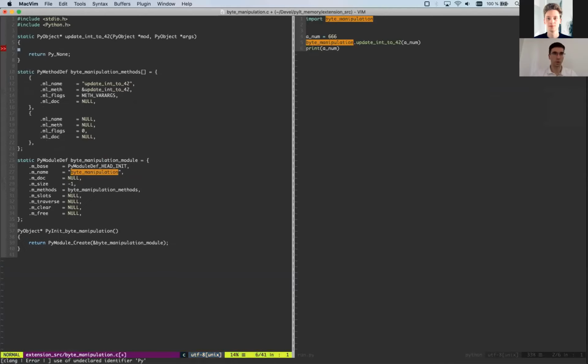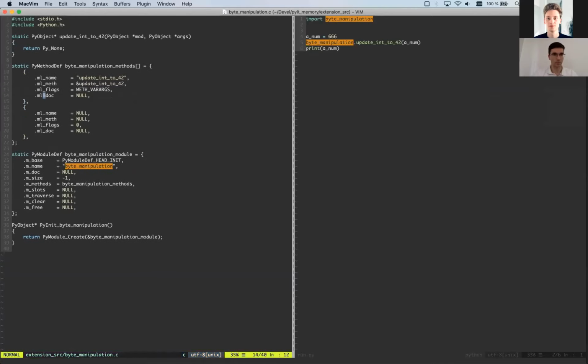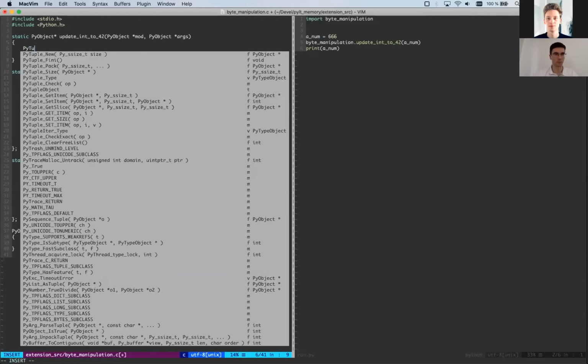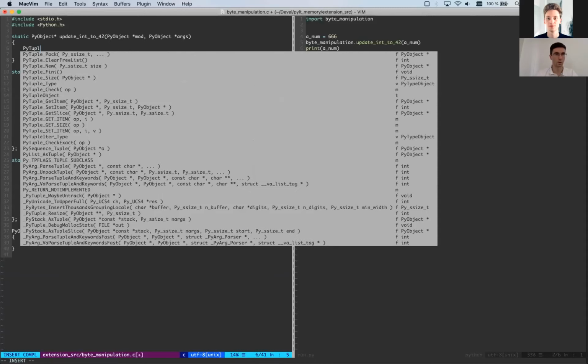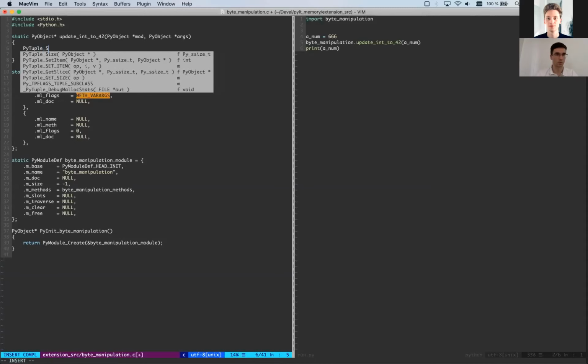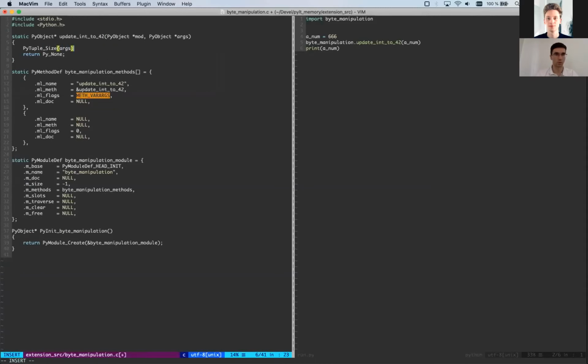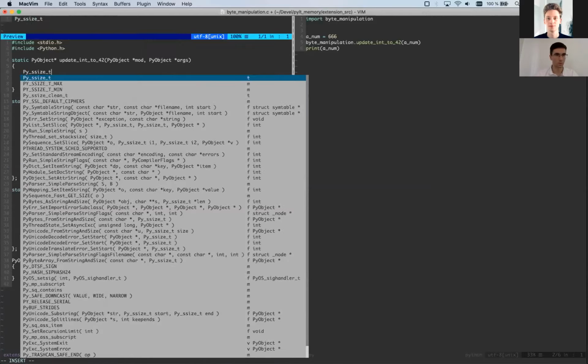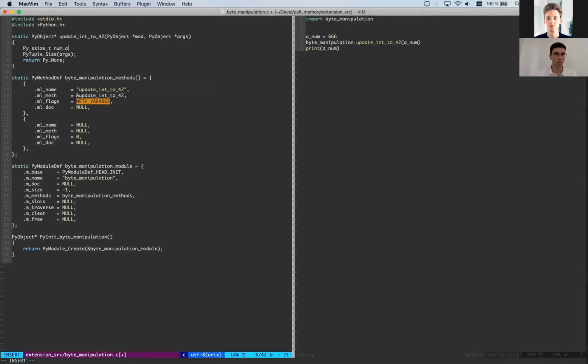So since I passed METH_VARARGS as the flags for this method, args is just a tuple. I know that it's a tuple, so I can actually ask for the size of the tuple. I think it's PyTuple_Size.